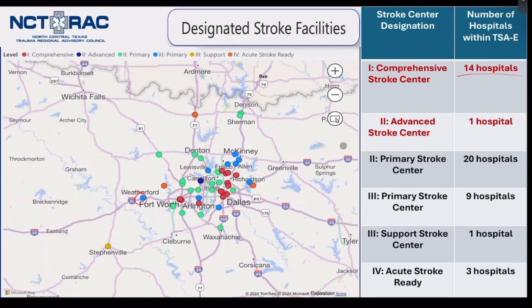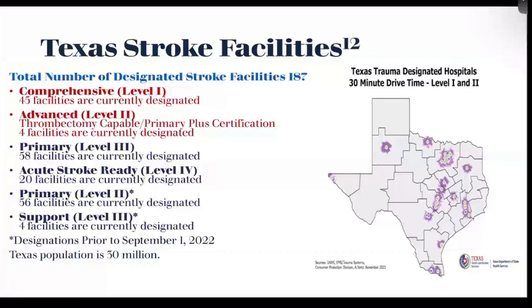These are all going to be in Fort Worth, and they're all right on top of each other, right? And there's only 1 advanced stroke center, and I'm pretty sure that's going to be Baylor Grapevine, okay? And so, as you can see, the majority of these stroke centers are going to be your primary stroke centers. There's not a lot. But if we take a big zoom out at the state level,